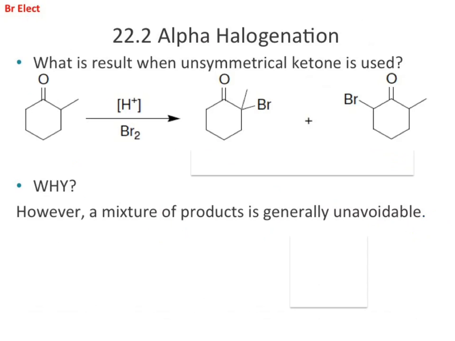So still under acidic conditions, what happens if we have an unsymmetrical ketone? Where do we expect that bromine to go? Markovnikov isn't going to work in this case. You're thinking Zaitsev's to form the enol. Where does the enol form? So that doesn't even put on the bromine yet. Where does our enol form? Where do we form the ene? The least substituted. We put the negative on the secondary carbon versus